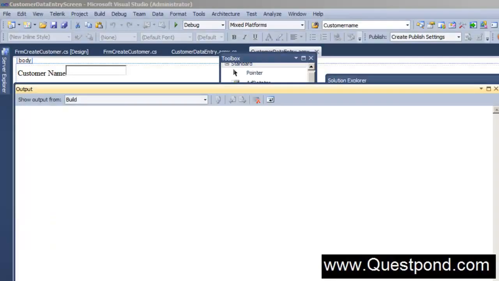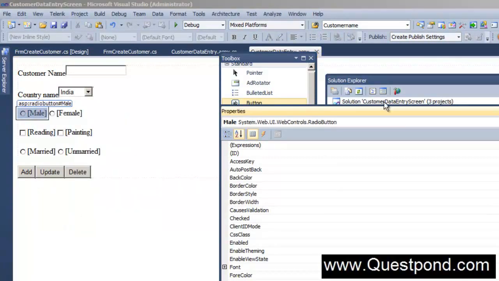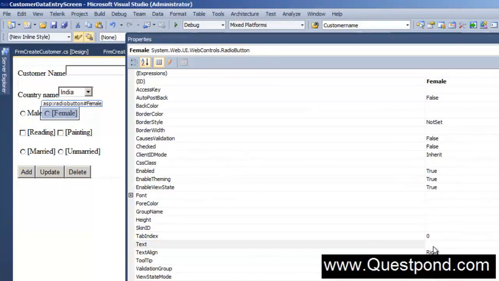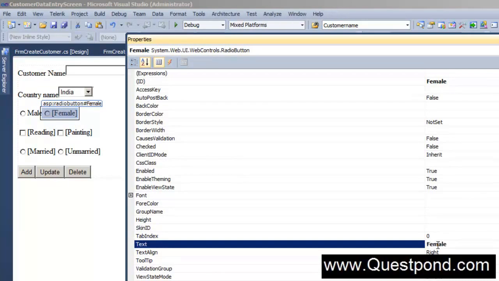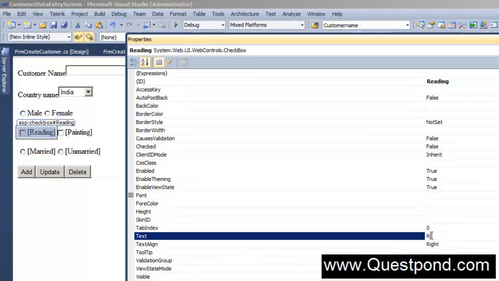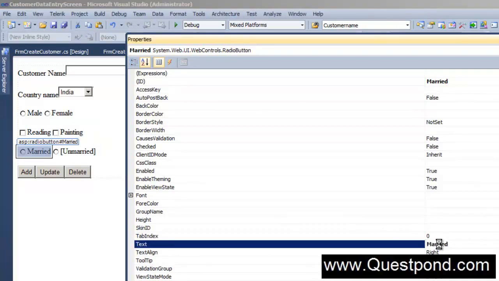So we need to do some fixes. Let's go back to our code here. We don't see a text because we have not defined a text. If I right click on this male over here, you can see that the text is empty. So I'm going to say this is male, this is female, this is reading, this is painting, this is married, this is unmarried, right? So now